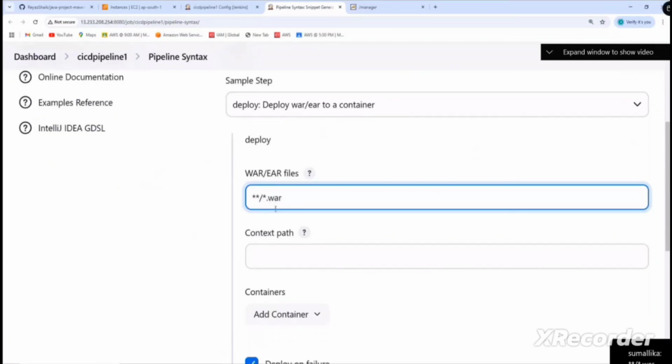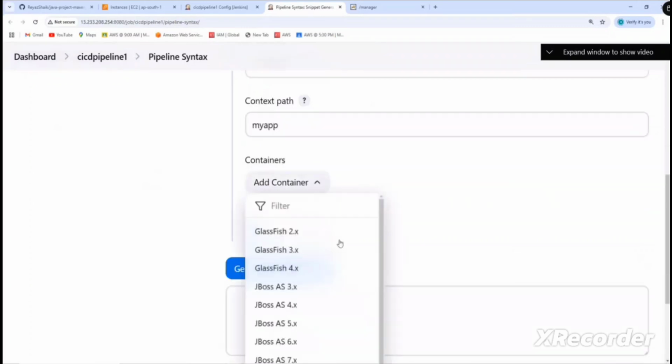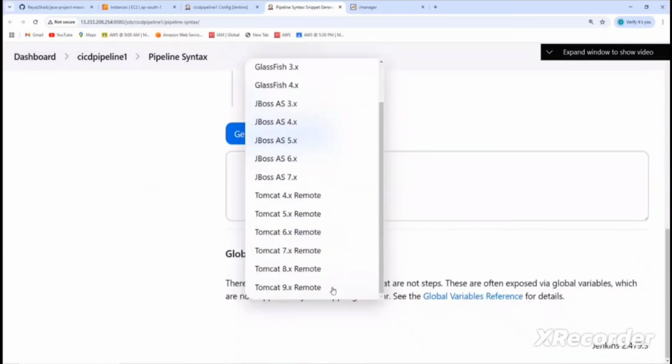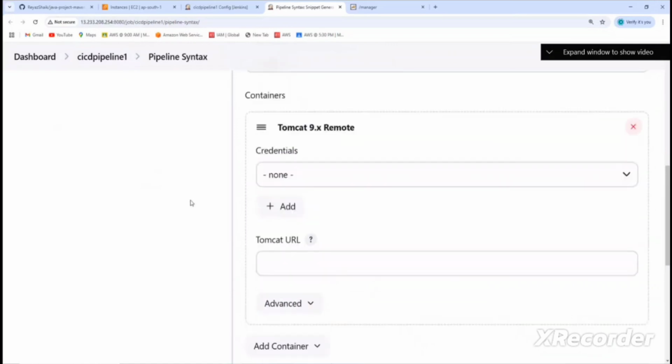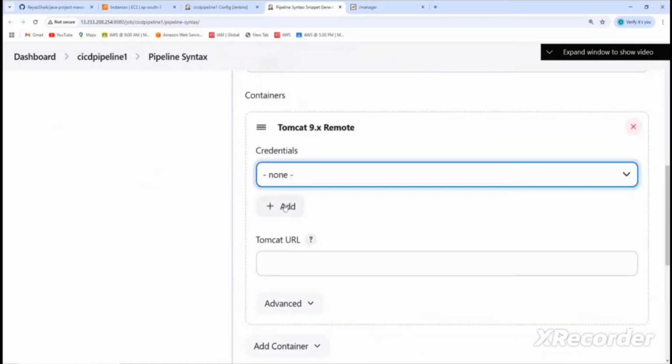Yes or no? What is the context path? Anything, you can put anything. I call it here my app, or you can call it Hotstar, or anything, your wish. Next, we need to add a container. So which one? Tomcat 9. Does this Tomcat 9 need to be authenticated or not? So what we need to do? Add a